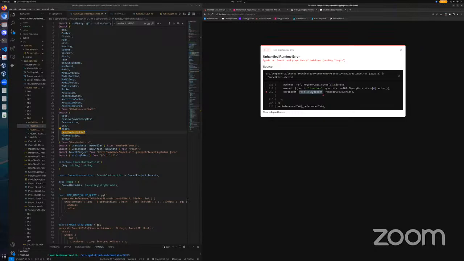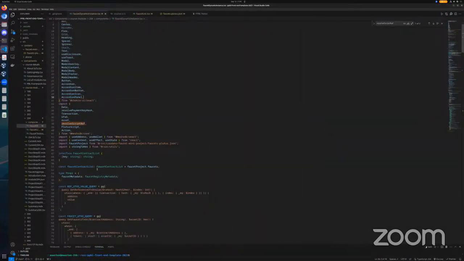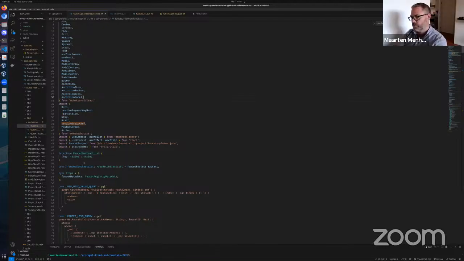Well, I could tell you where it's coming from. You see how it says can't read properties of undefined, right? We are passing it a faucet Plutus script that is undefined, which, by the way, in our source code that you have in VS Code right here, look for where faucet Plutus script is first initialized. Just search for it.